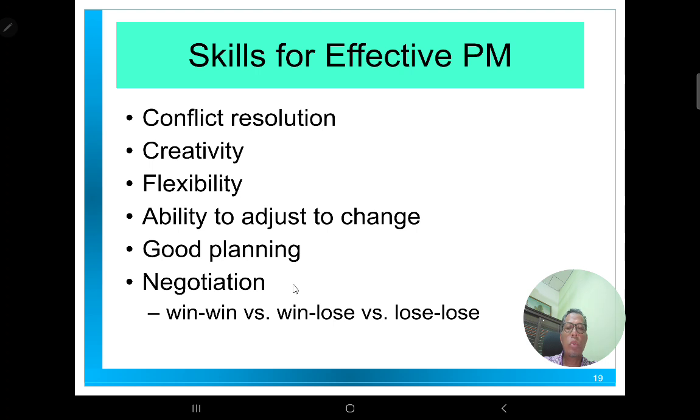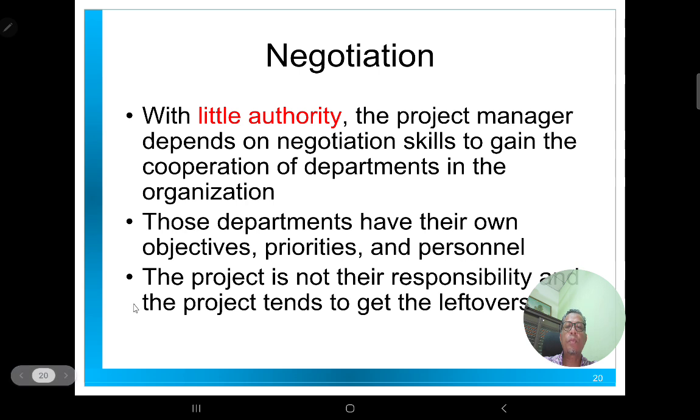And you should be able to also have the ability to perform some negotiations, negotiate with the vendor and negotiate with your client or your customers or your workers. It can be either win-win situation, win or lose situation, or sometimes it can be lose-lose situation. But at the end of the day, you are responsible to make sure that the implementation of the project can be done successfully within the time duration given.